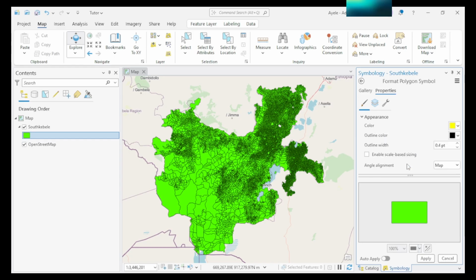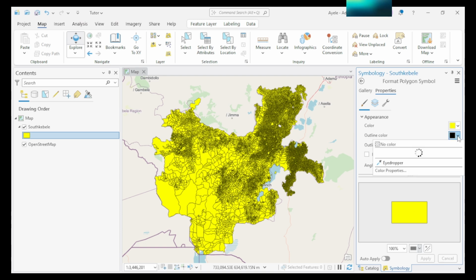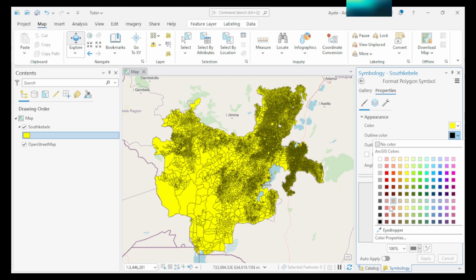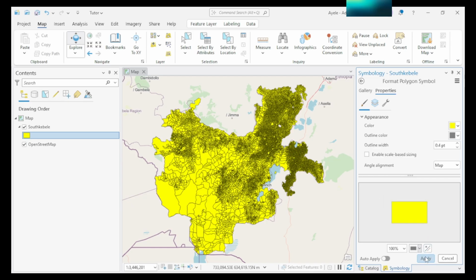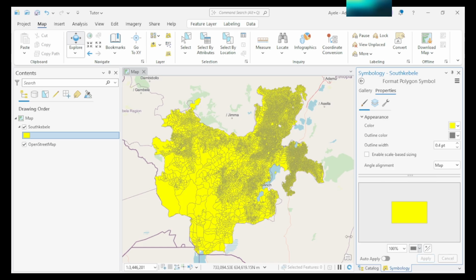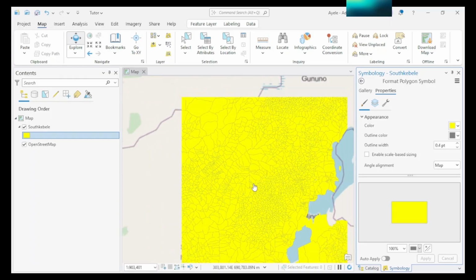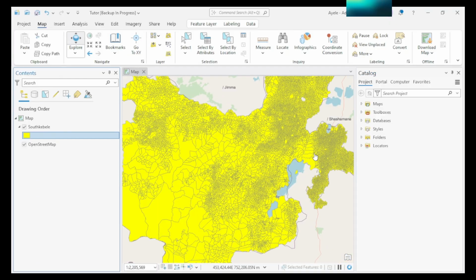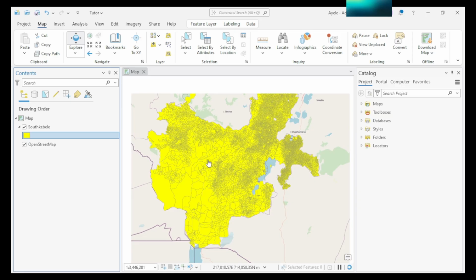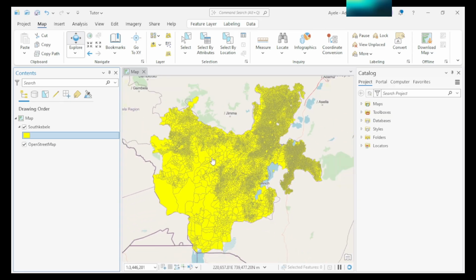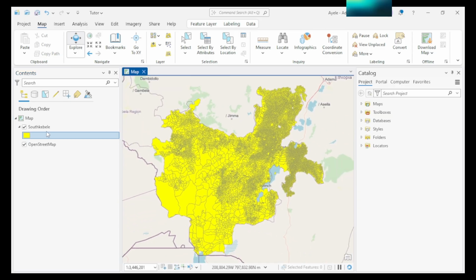You may change like this and click apply. Okay, the outline color is black, but you can change. Okay, now it's very well to see. Okay, now this is the first way to add vector data in ArcGIS Pro.